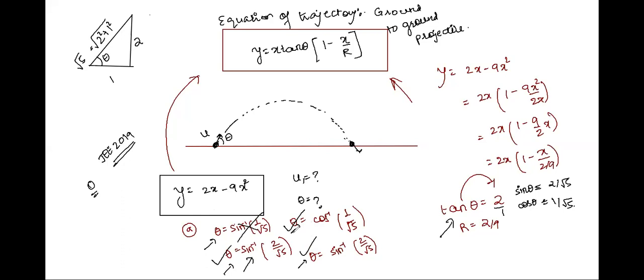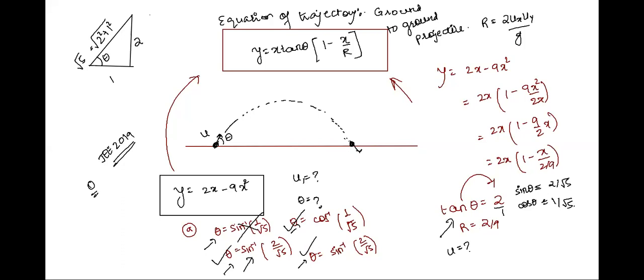Now, along with theta, in the question we have also been asked g. So your next approach should be to find out the value of u, right? So find out u. Any idea, Siddharth, what is the formula for range we had read this morning? Try recalling. 2 times ux uy by g, right? Now all you have to do is just substitute and you will get the answer.